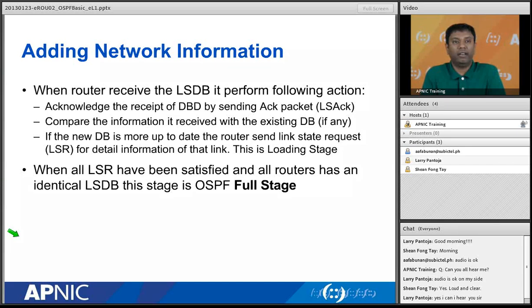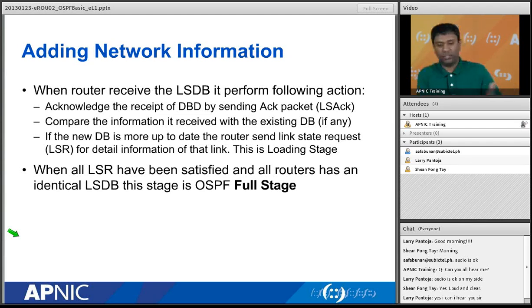At the exchange state, all the routers receive the summary, and they check what they receive against what they have, right? If there is the same topology information, the same network information, and there is a field in that database called link ID or link numbers, right? So if that matches, then what they do,